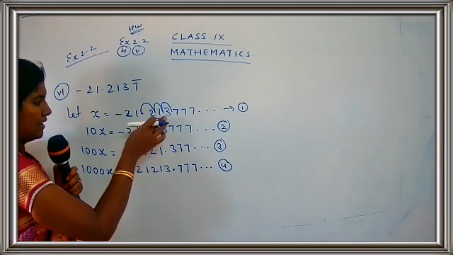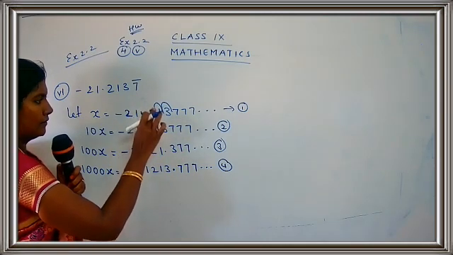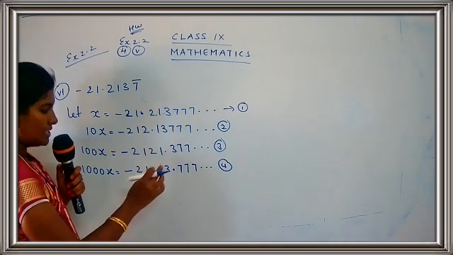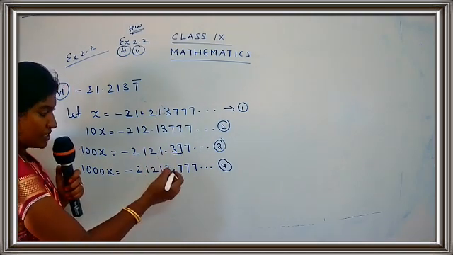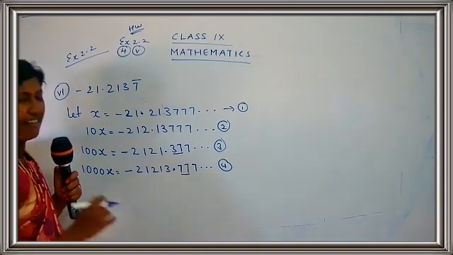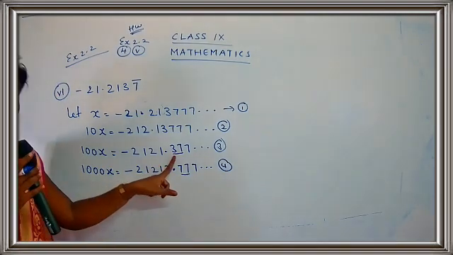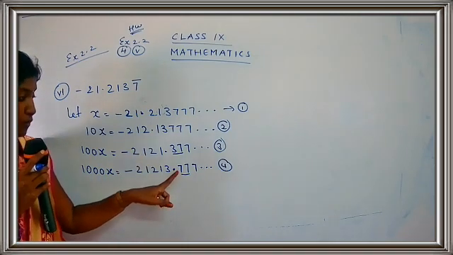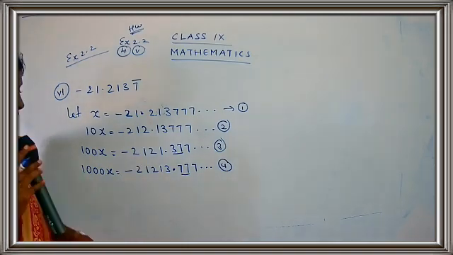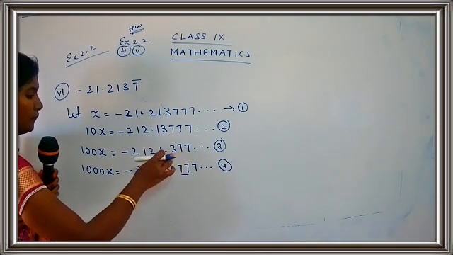Okay, now let us have a small check here. Let's see the number after the decimal point. What is the number after the decimal point here? 37. And what is the number here? 77. Again, they are different. Yes, children? This is 37 and this is 77. So, can we get 00? No. So what you have to do? We have to do one more step. Let's do one more step here.